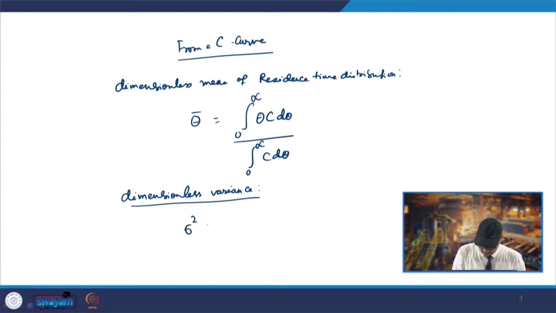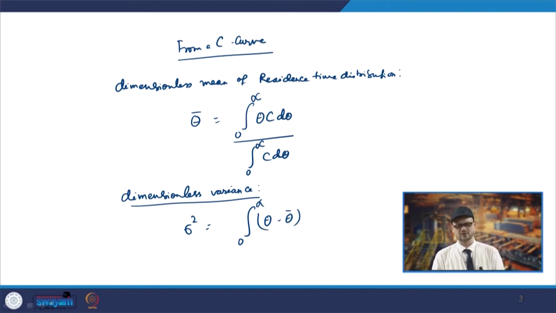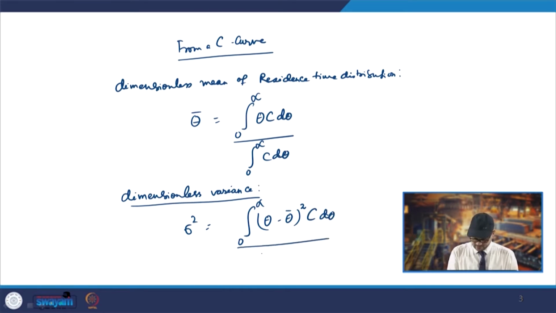That will be sigma square, and it will be the integral from 0 to infinity of theta minus theta bar, that is the dimensionless mean value, so it is a square term, times c d theta, divided by the integral of c d theta from 0 to infinity. So, that was